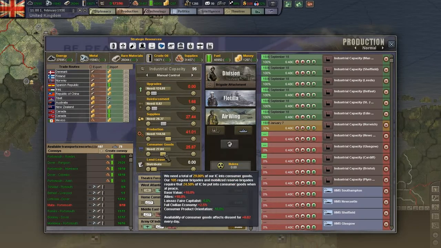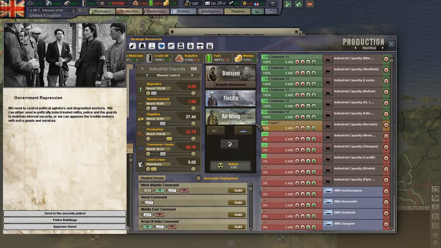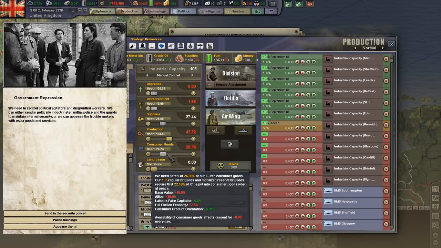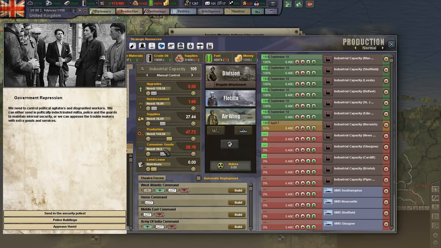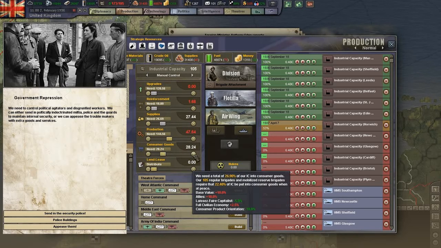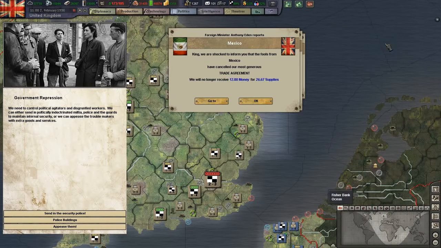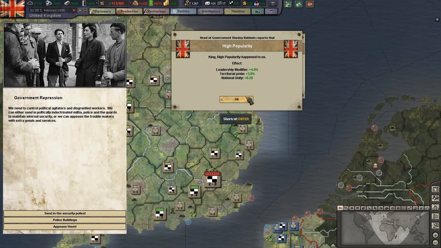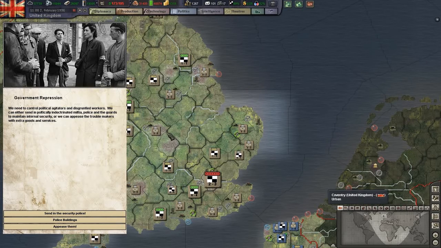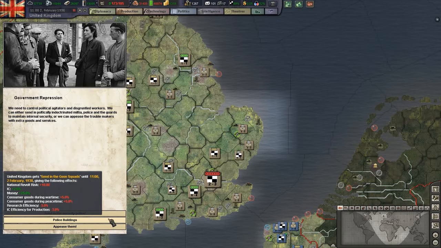Didn't I just up this enough? I want to try to keep this. I want to keep it at 0. Okay. Oh, we've gained high popularity. Good. Send in the security police. Police buildings,